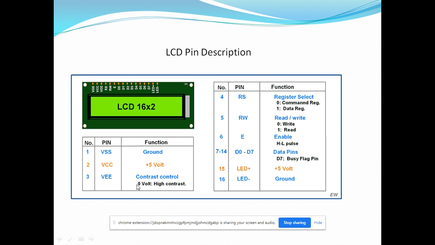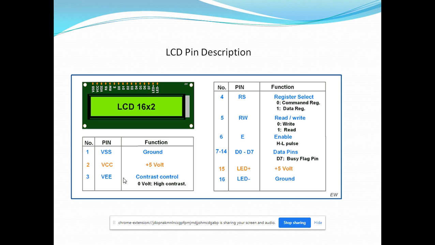If we connect it to ground, then high contrast will be available on LCD 16 by 2. To control this contrast, we need to connect a potentiometer between VE terminal and ground, so we can apply variable voltage to control the contrast of the LCD 16 by 2.